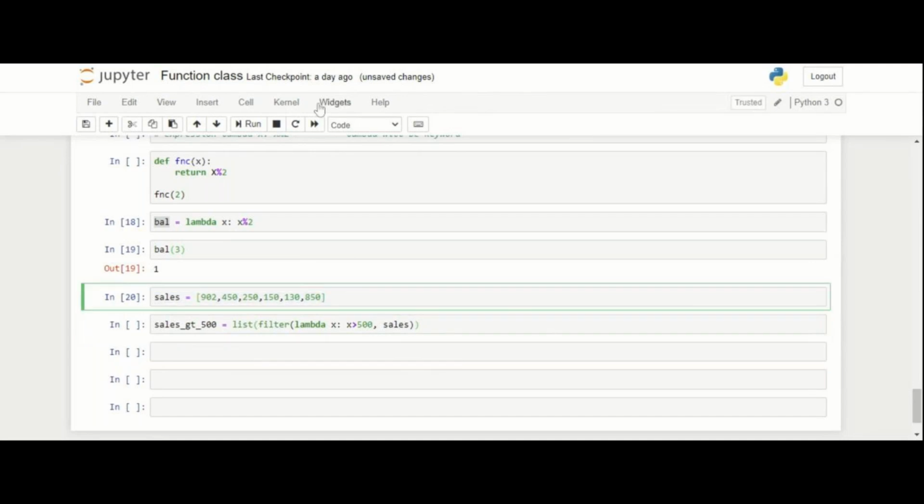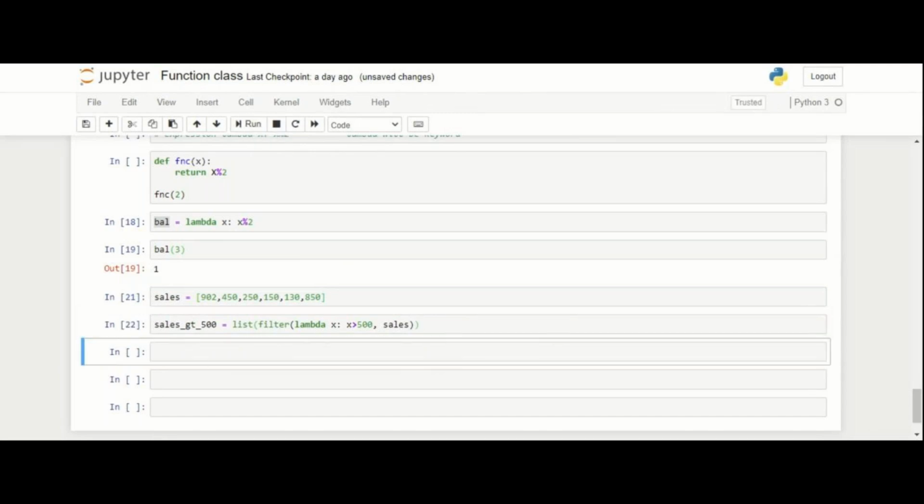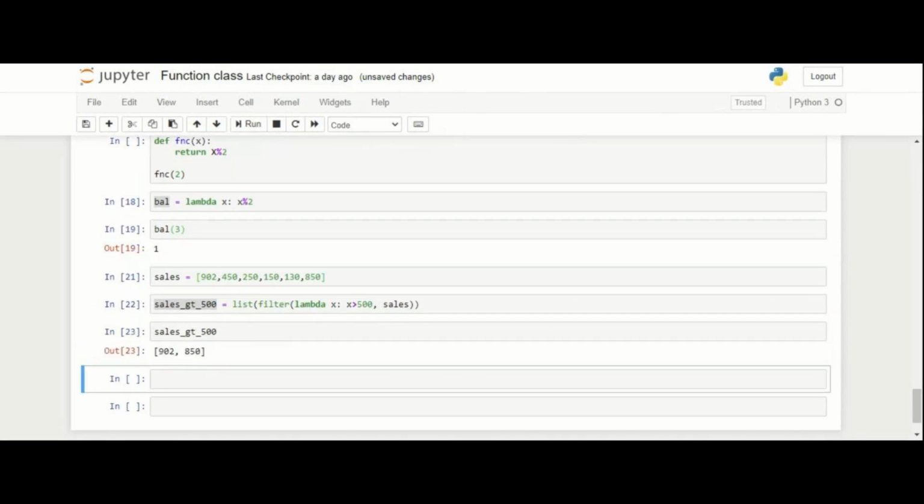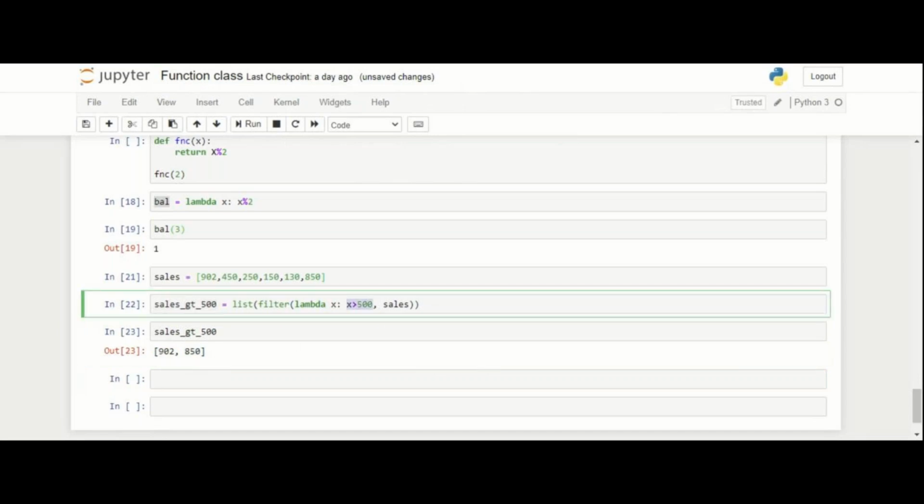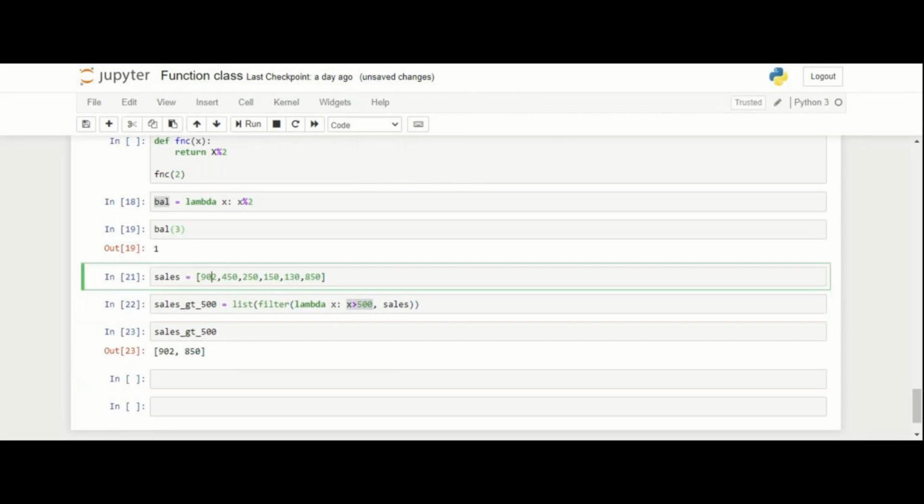For example, if I run this, I can see it here. I got two observations, one is 902, another is 850, right? It has gone and checked wherever in my sales list the amount is greater than 500, and filtered it out.